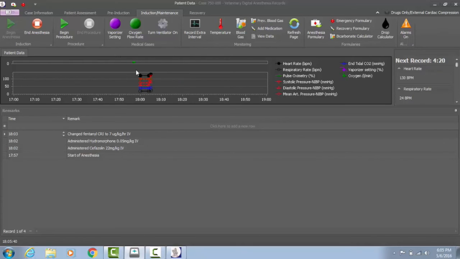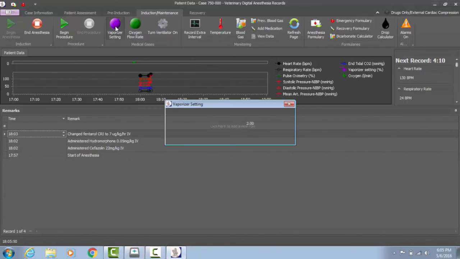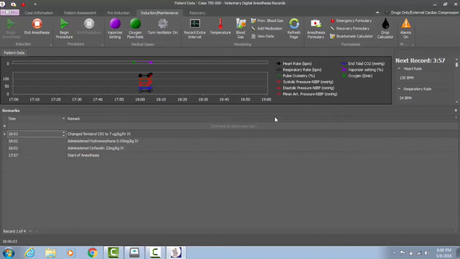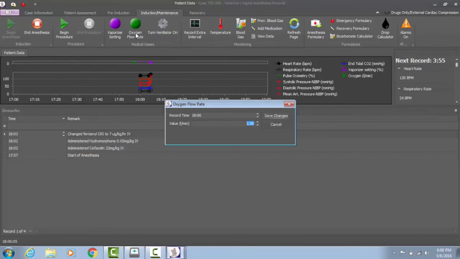One other thing up at the top, at the very beginning, it asks what your vaporizer and your oxygen settings were. If you change it after that point, you have to click the button at the top. So for vaporizer setting, you'll click this button, and then you'll hit change. And then if for some reason you were a little delayed on when you entered it, you can always change the time here, and then hit save. Same thing with your oxygen flow. When you turn it down, you just want to make sure you click the button up at the top